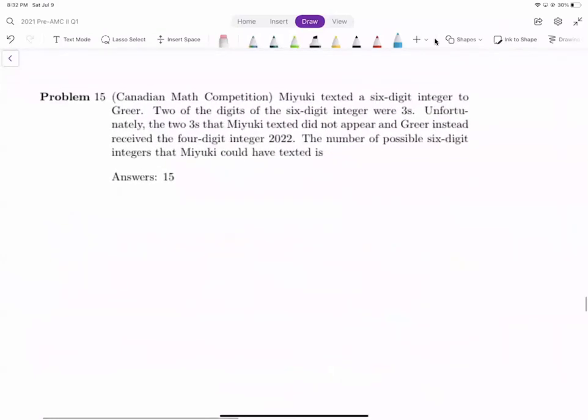Question number 15. Mayuki texted a 6-digit integer to Jillian. 2 of the digits of the 6-digit integer are identical. Unfortunately, the 2 3s that Mayuki texted did not appear, and Jillian instead received the 4-digit integer 2022. The number of possible 6-digit integers that Mayuki could have texted is,